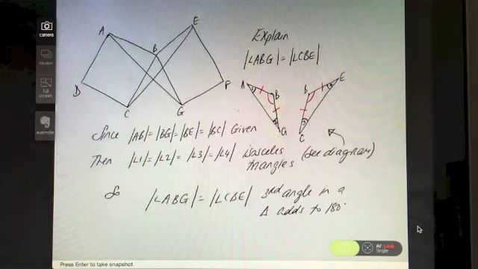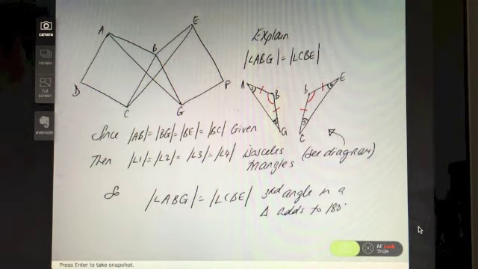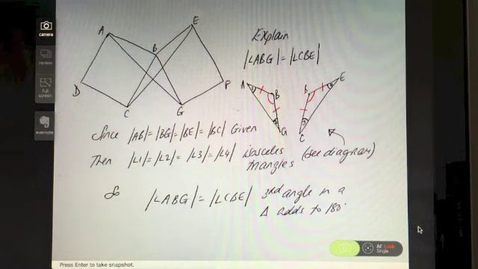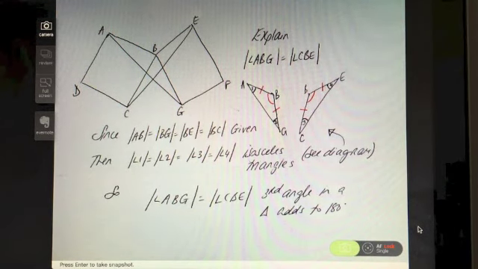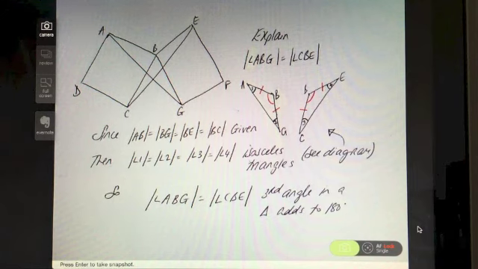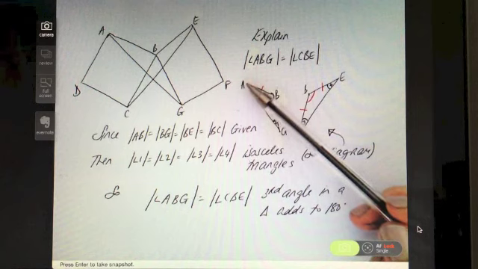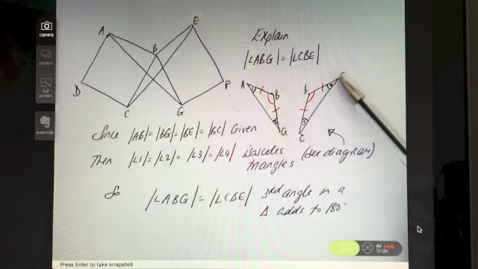Now let's have a look at the second part, which is asking me to show that ABG and CBE are congruent, and therefore we'll be able to prove that AG is equal to CE. So we've got to prove the congruency first. This is a typical question. If they hadn't given us the hint to go down the road of congruency, bearing in mind that proving congruency can really help you prove a lot of things, if they had just asked us straight out to show or prove that the line AG is equal to CE,